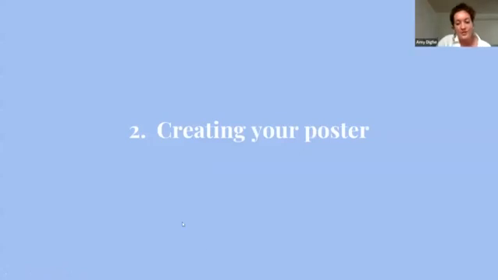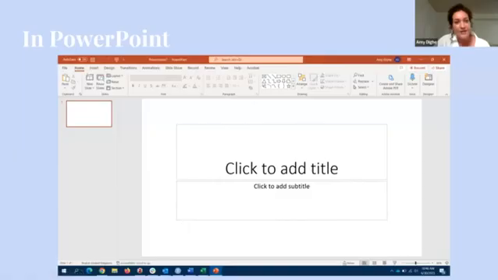So in terms of actually creating your poster, I tend to use PowerPoint. If you haven't used PowerPoint before, this is what it looks like when you open it, and you get one slide. You can add more if you're making a slideshow, but for the poster, you make it all on one slide. And what you do first, which is what I like about it and why I generally use PowerPoint, although Canva looks really good and I'm going to try it the next time I make a poster,